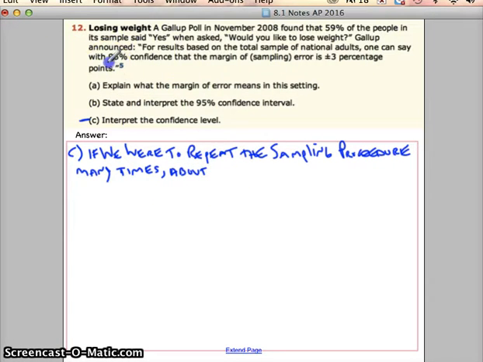What percent? Well, it says right up here 95%. So about 95% of the confidence intervals